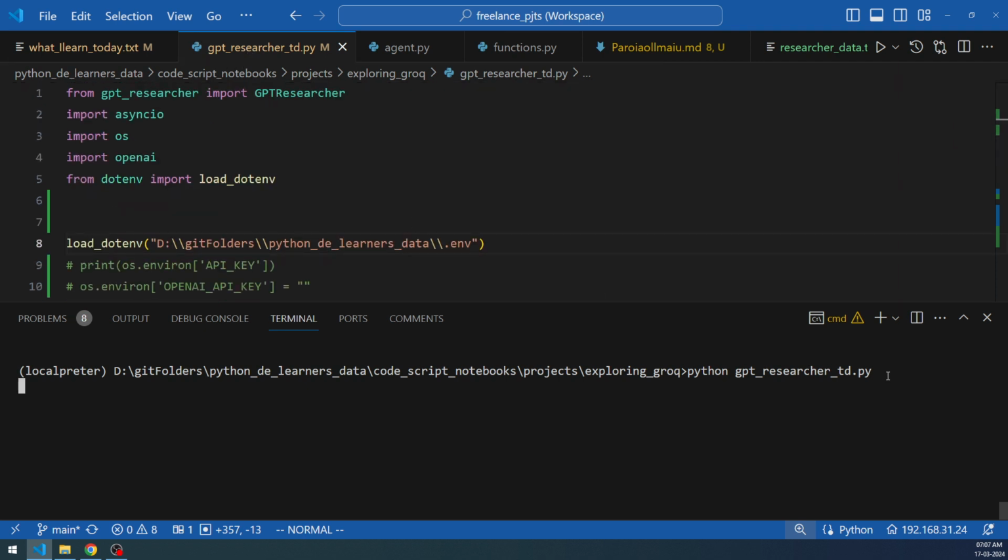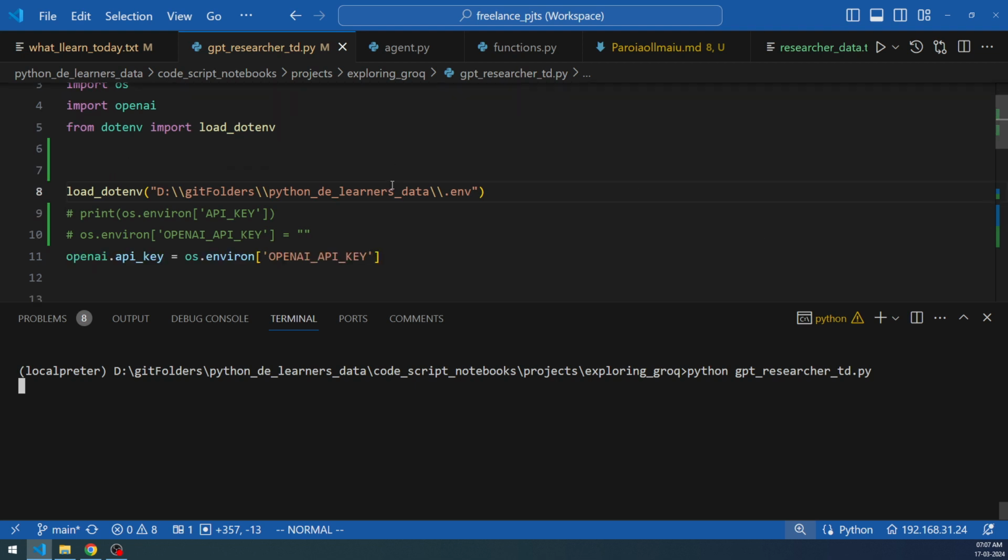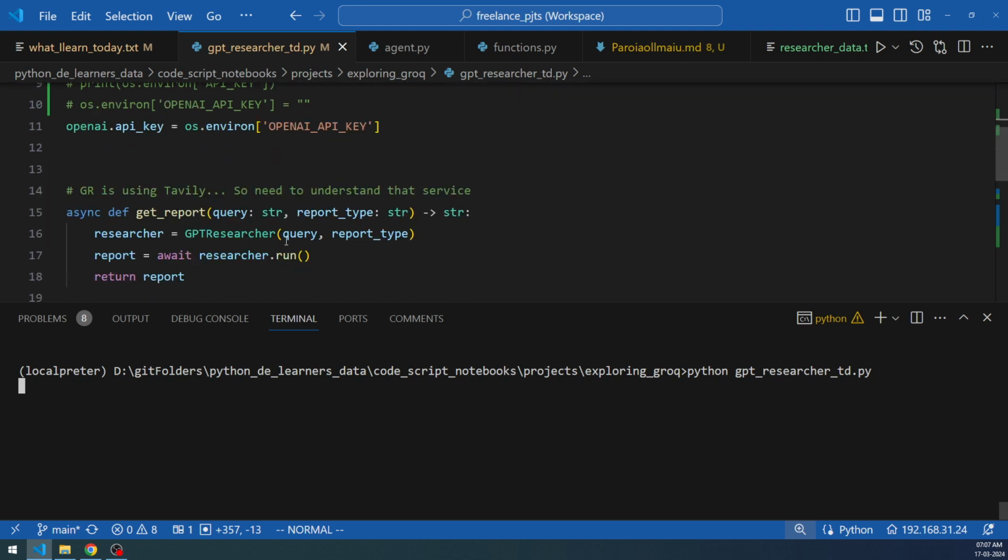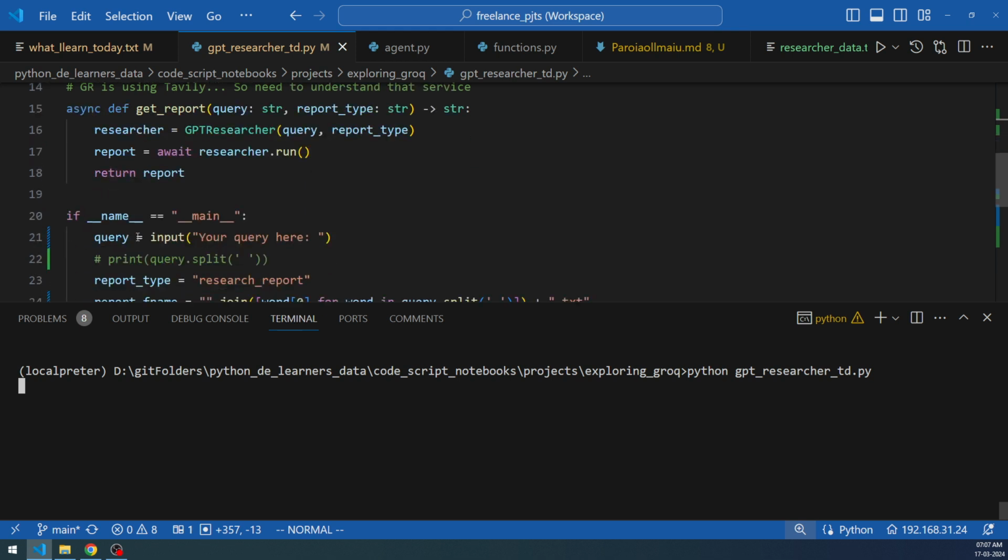Let me execute this, and it is going to take a bit of time to load the environment and also load the GPT-Researcher module, and then it will ask for the query here. I'm not diving into the code as such, but I'm more interested in explaining to you how GPT-Researcher works after the reply. So here you can see that the Python program is asking me to provide the query. Explain to me technically